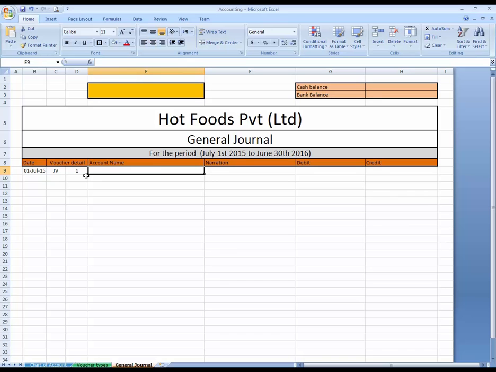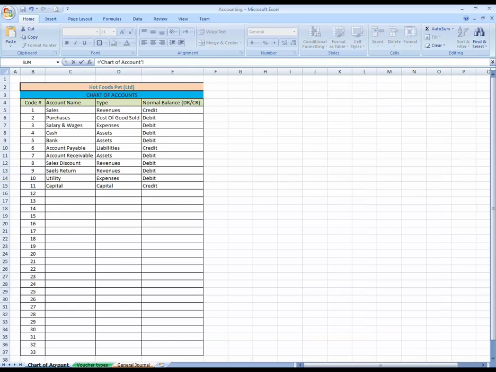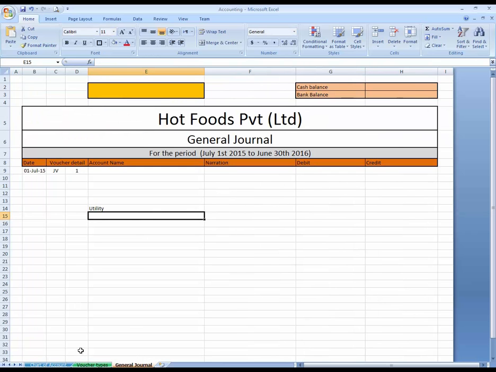Okay, yeah. Here I'm going to deploy a list for accounts, for selection of accounts. You can repeat the steps as equal. Go to chart of account. What account do I need? I need this list of accounts. F4 for fix. Okay.